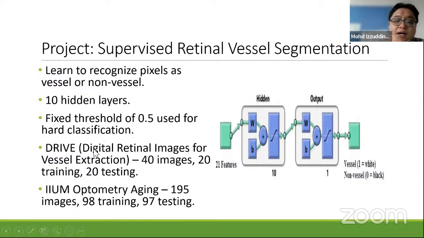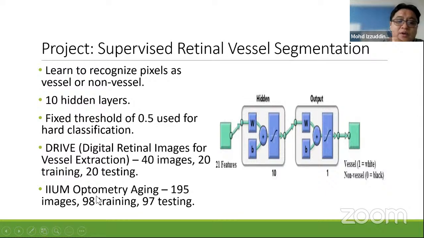Okay, so where did we get our images from? We got them from 2 different sources. One is the public data set called DRIVE. This is a very popular data set, digital retinal images for vessel extraction. They have 40 images, so 20 of them will be used for training, and 20 will be used for testing. And then the other one,